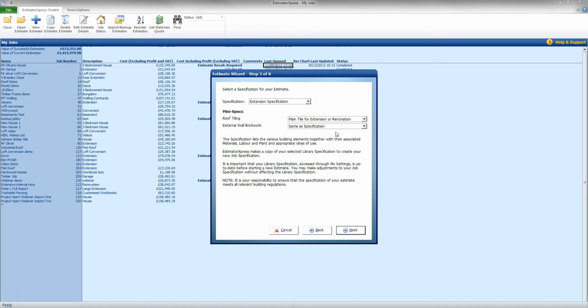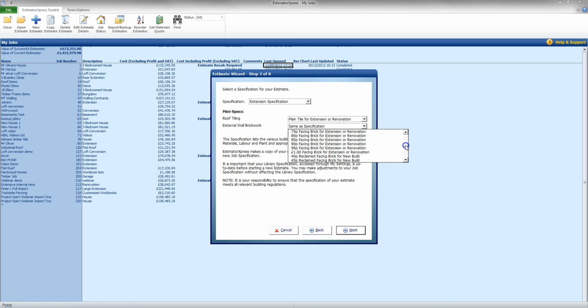I'll leave that as default, but to give you an idea what that can do, I can select from a different price brick for new build, and going down this list I can also see that there is going to be an option there for extension or renovation to increase the labour time for actually fitting those bricks. So basically building your brick wall is going to take a little bit longer on extension and renovation, possibly to access or